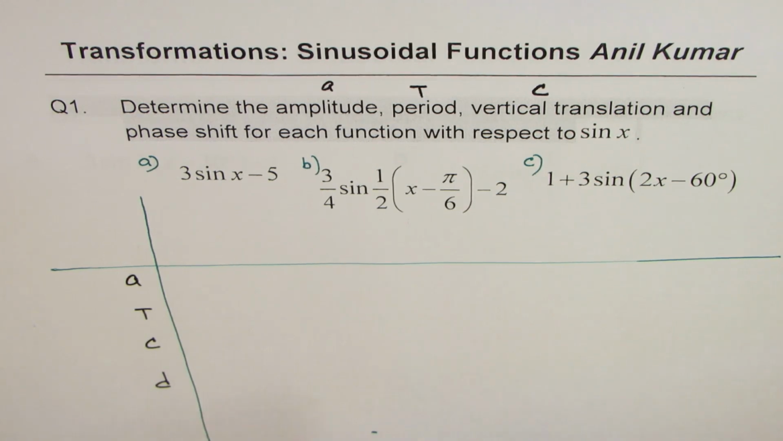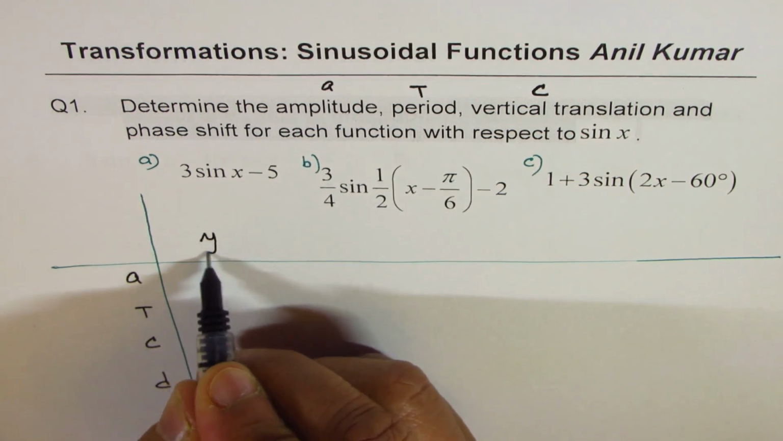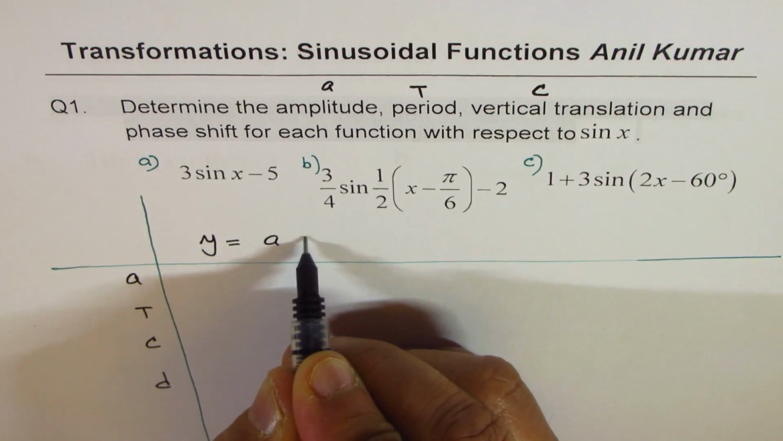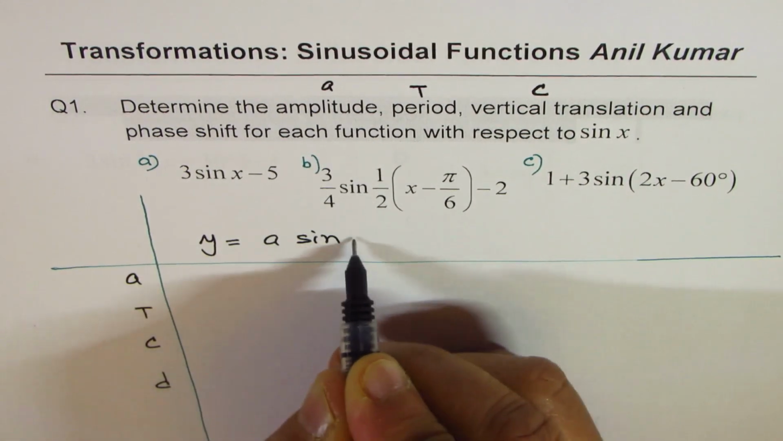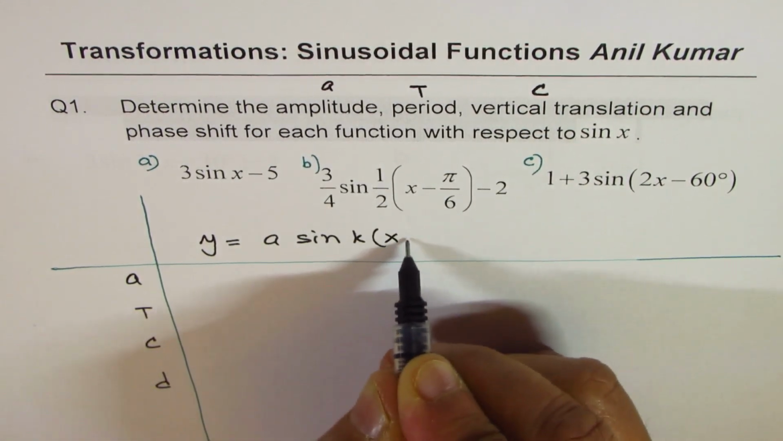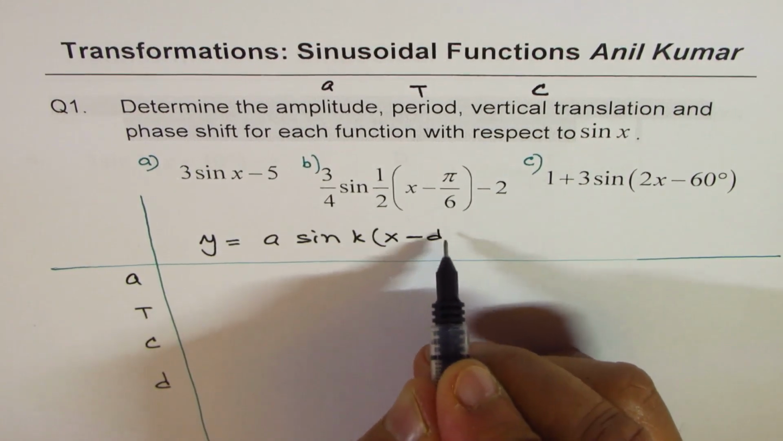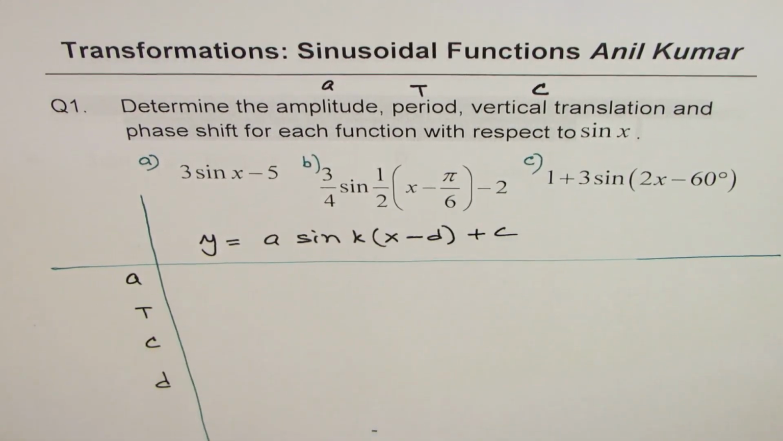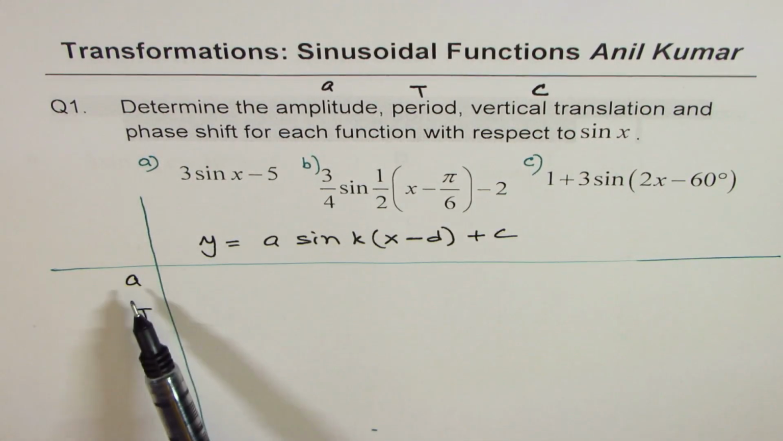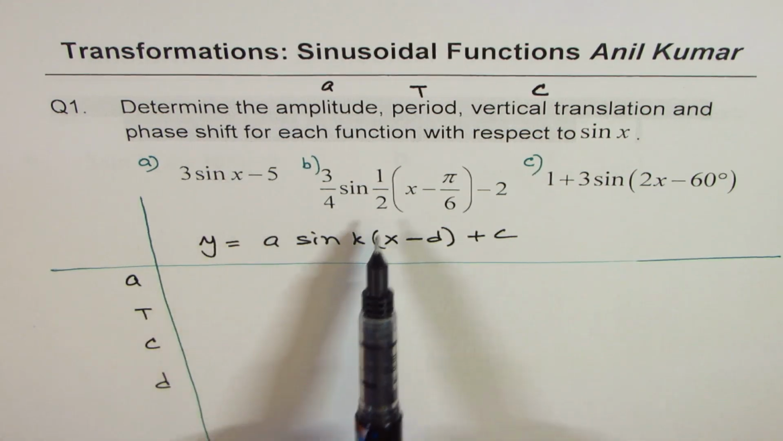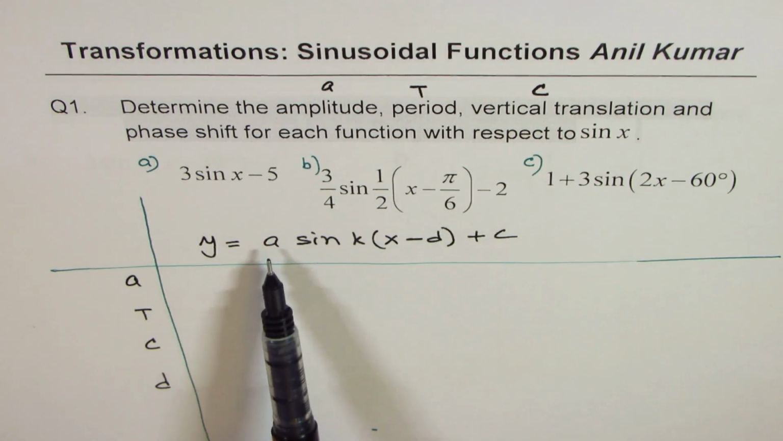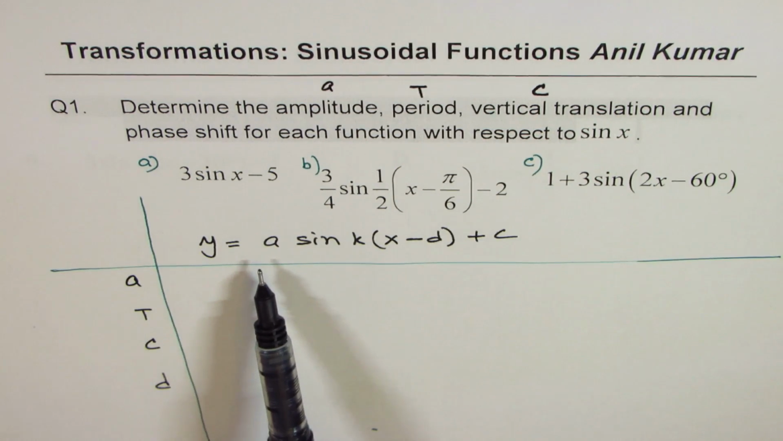Okay, so let me write here, the formula will be y equals a sine k times x minus d plus c, right? Now, A is the amplitude, so that is how you have to compare each equation. So A is the amplitude,